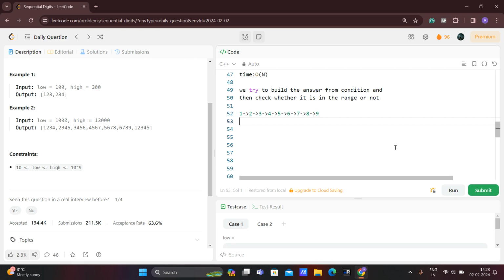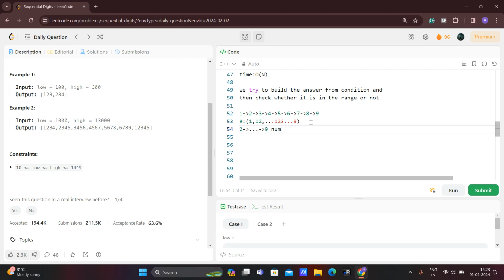So what are the numbers we can get from 1? 1, 12, like this till 1, 2, 3, 4 till 9, right? Okay. So if we go through 2 as well, we'll get till 9,